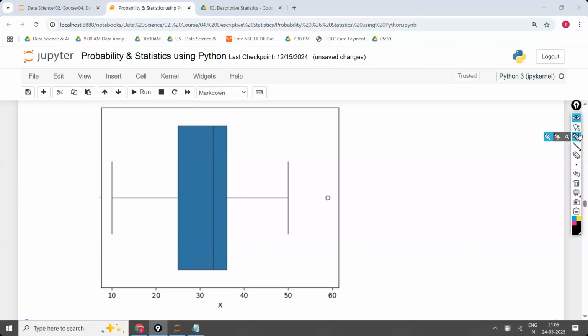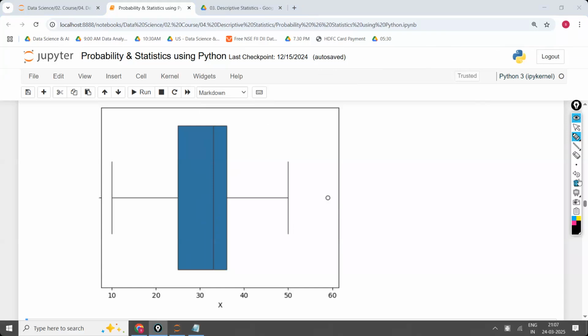Sir, for example, based on the number of dots, 2 dots are there means 2 outliers, 3 dots are there means 3 outliers. No. Don't count the number of dots. Why, sir? Because here 59 is there. If 59.1 is also there, that is also an outlier, and that dot and this dot will be attached. How can you know that 2 dots are there? So don't count the number of dots. The number of outliers is not decided based on the box plot. Remember this point. The number of outliers is not decided based on the box plot.